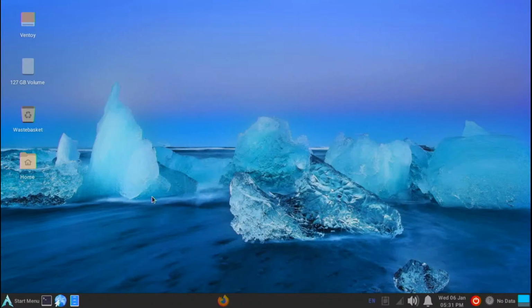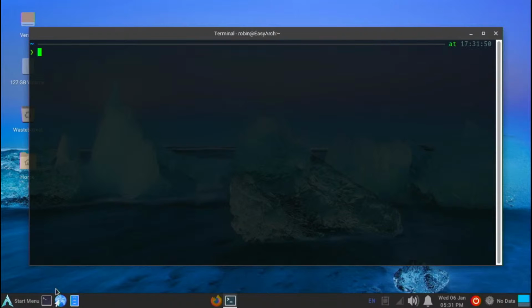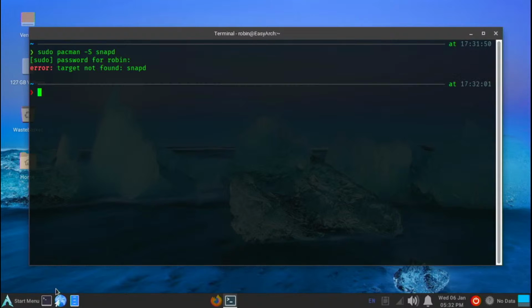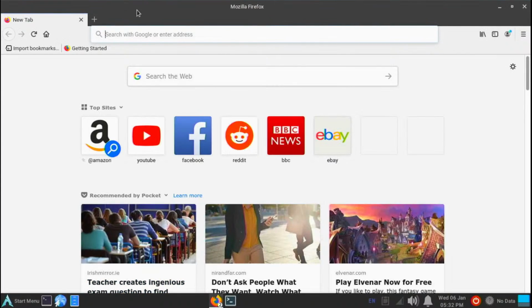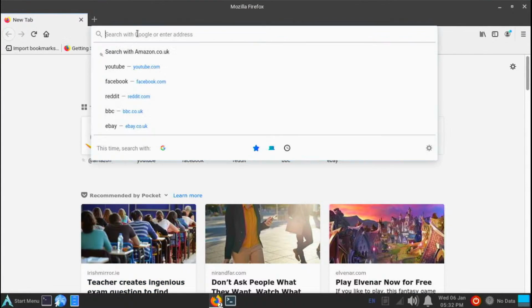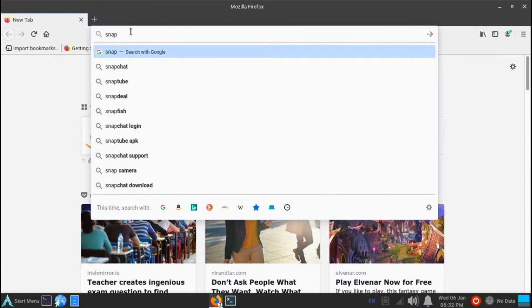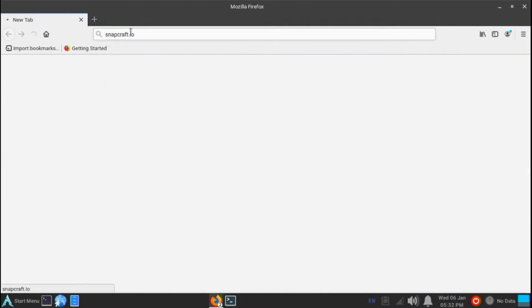Alright. So under normal circumstances, I would normally just go to sudo pacman -S and then type in snapd and that will install. But in this case, it's probably because I haven't added the packages to the list there. So if I go to snapcraft.io,